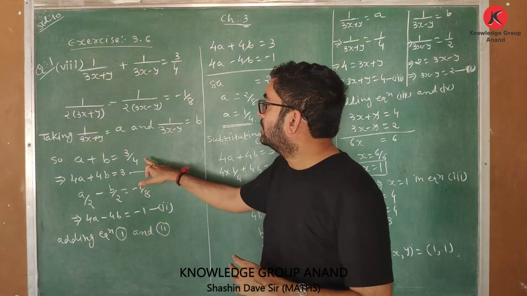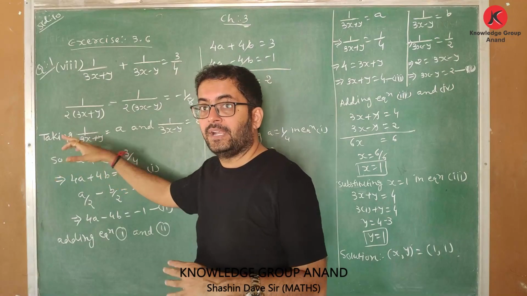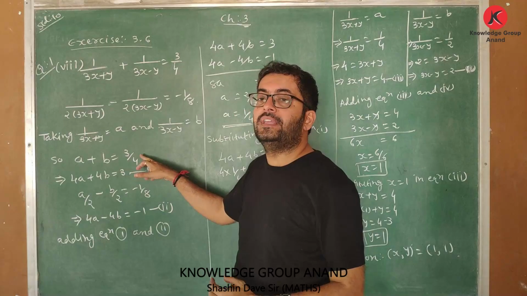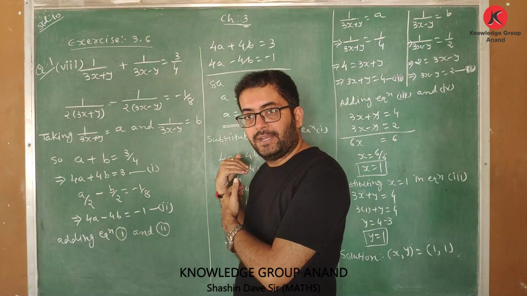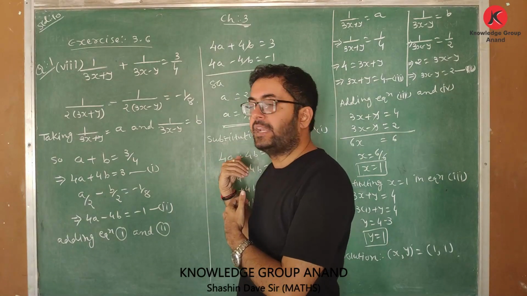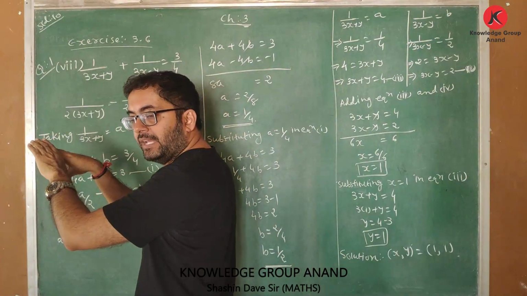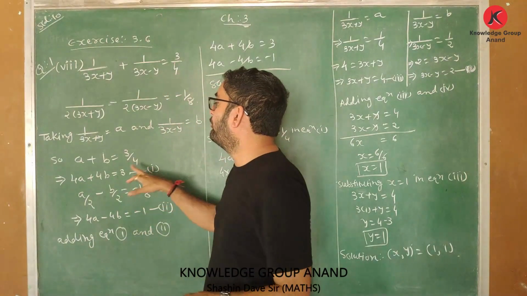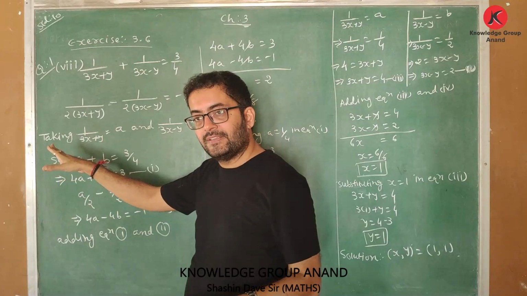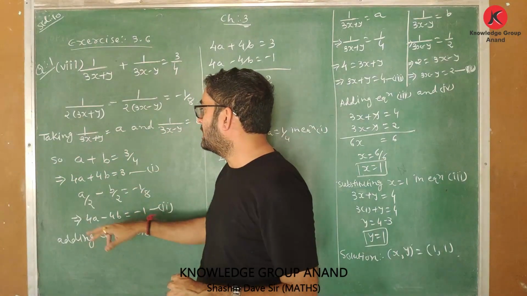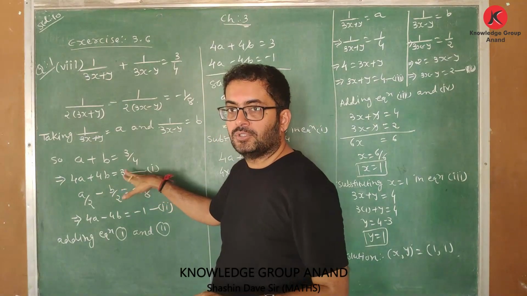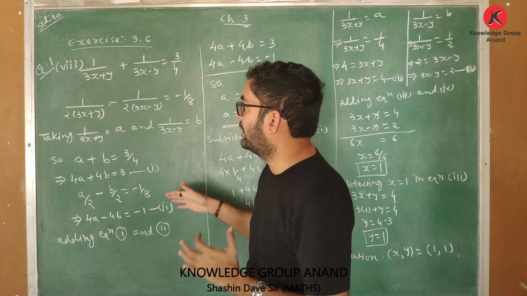So what I will do, this 4 will go to the opposite side. Now be very careful. It won't subtract on that side. 4 is in the division part on the right hand side. So when this 4, which is in the division part on the right hand side, is taken to the left hand side, it will multiply. So I have 4 into (a plus b) is equal to 3 because I took 4 to the left hand side. When you open the bracket, the equation will look like this: 4a plus 4b is equal to 3. So that is my new simple equation number 1.